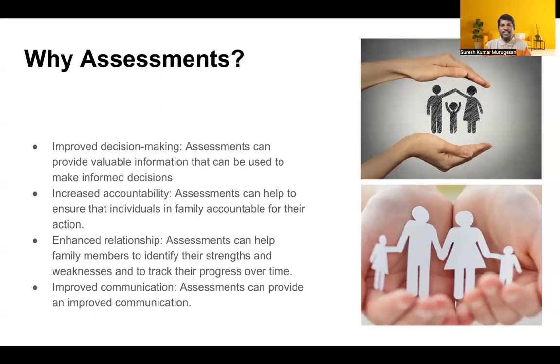And finally, we can see improved communication among the family members. The biggest problem we can see in any family is poor or inappropriate communication that leads to many relationship problems. Practically, we cannot say all the members have good communication skills. Some people may have it naturally, and some may not. They need to be educated on how to communicate with other members to minimize problems or conflict in